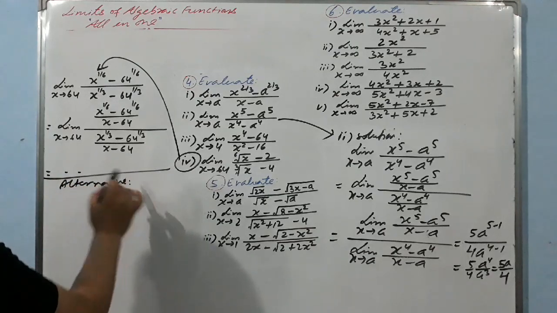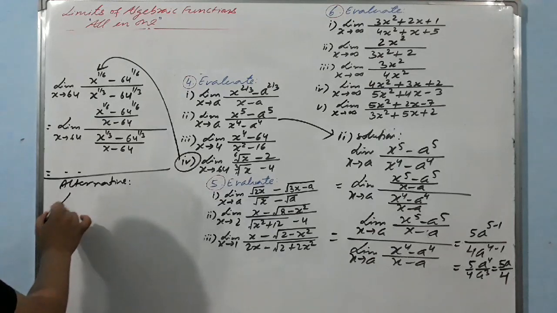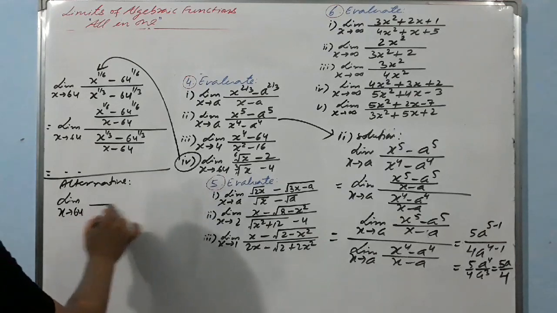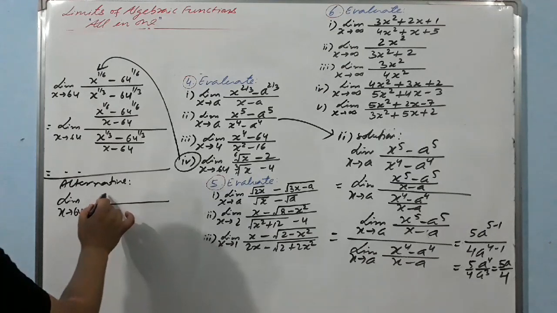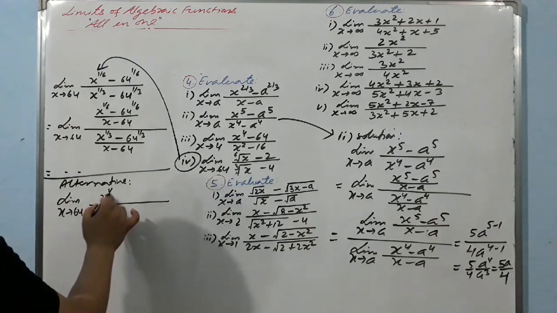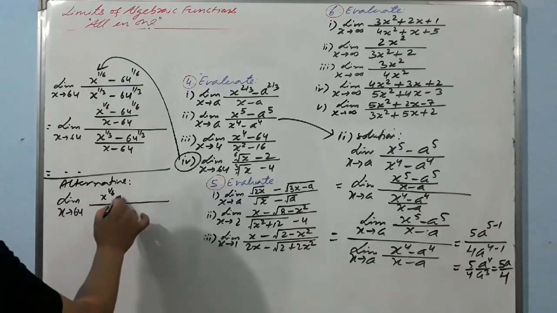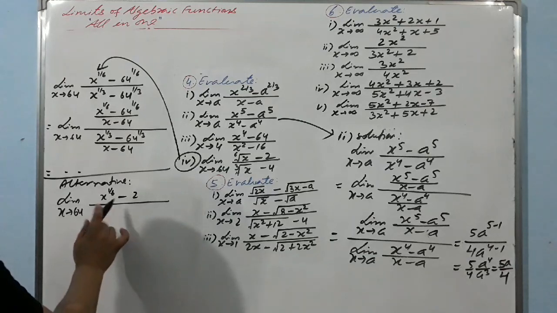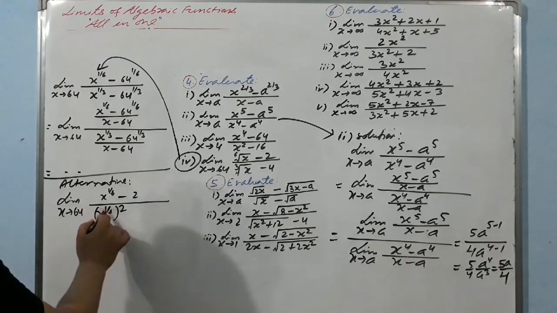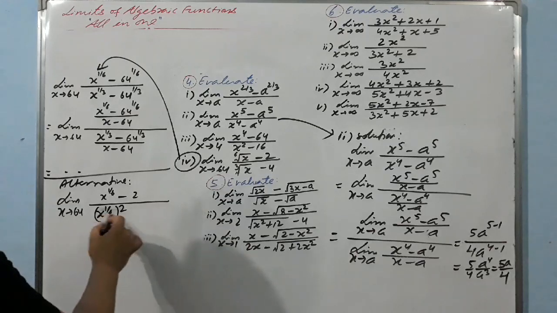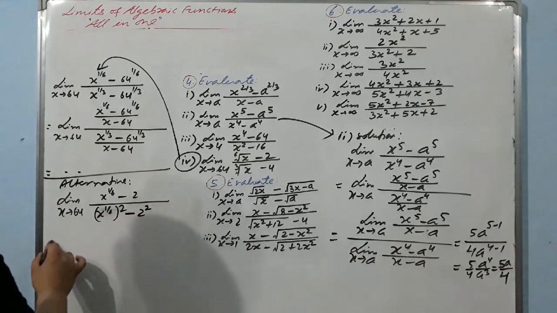Alternative, I'm going to tell you. In the alternative, there is no need to apply the theorem. Without applying the theorem, we can write it this way: x raised to the power 1 by 6, minus 2. Here you may write x raised to the power 1 by 6, whole square, because x raised to power square means x, a cube root of x, minus 4, you can write as x square is equal